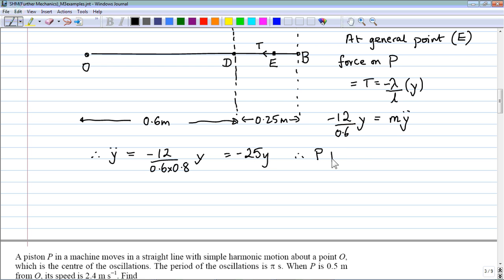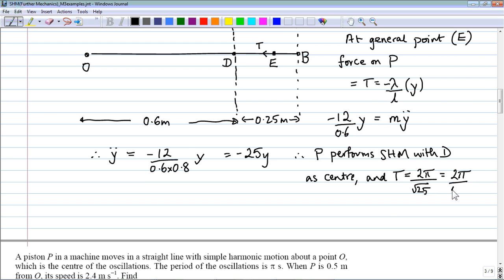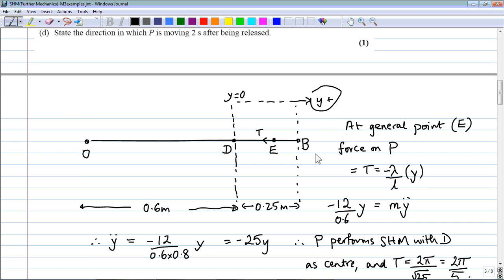So therefore P performs SHM with D as centre, and period is 2 pi over n, which is 2 pi over the square root of 25, which is 2 pi over 5. So that's what was required. So I hope that's pretty clear. As usual, it's very useful to define your displacement variable as being 0 at